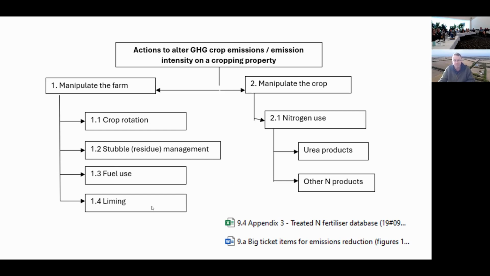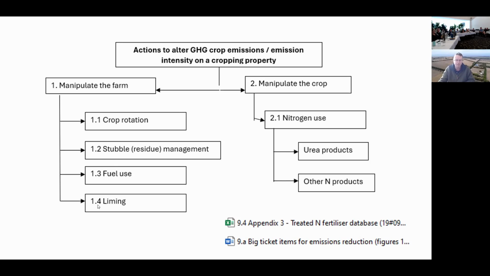I'd mentioned the liming yesterday as well, so I don't need to go through that. The only thing I'd say is that with the liming, because it assumes it all happens in one year, whichever crop you associate that with, that's where you get pinged for it. I spoke to Rich about this, but we know if you're putting on at least reasonable amounts of lime, that reaction is occurring for more than one year.